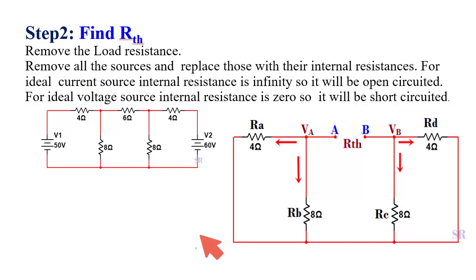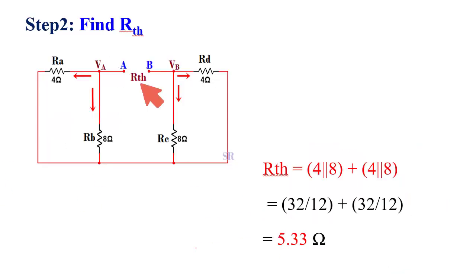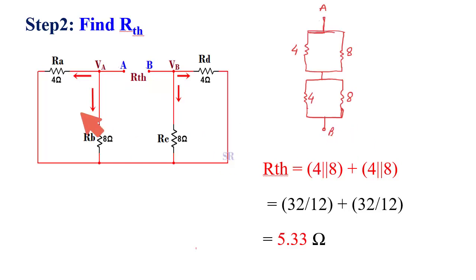Now I need to calculate Thevenin resistance. To calculate the Thevenin resistance, we will just disconnect this load resistance, and we need to replace all the sources by their internal resistances. Here both sources are voltage sources, so these voltage sources are replaced by closed circuit or short circuit. So what will be the value of RTH from this circuit? We need to check which resistances are in series and which resistances are in parallel. If it is difficult to understand, then we may redraw this circuit as this figure.